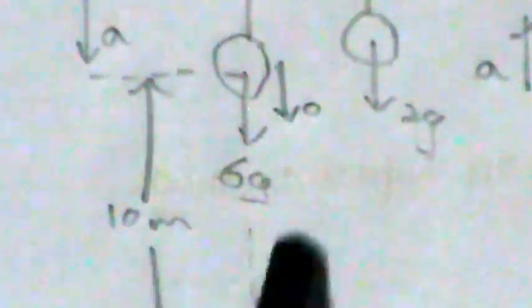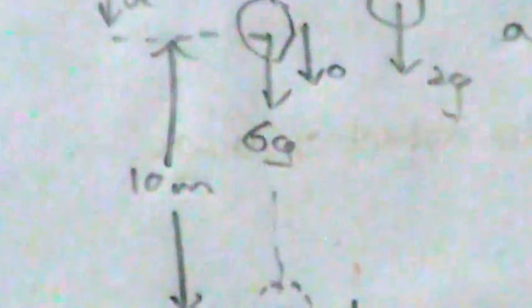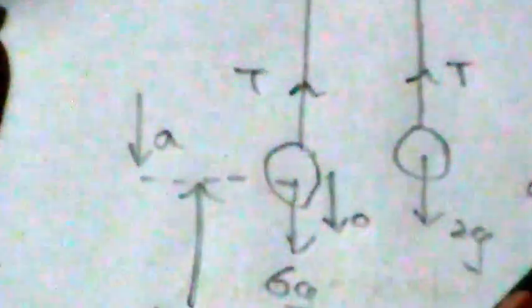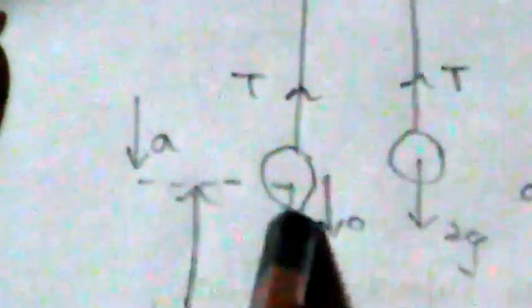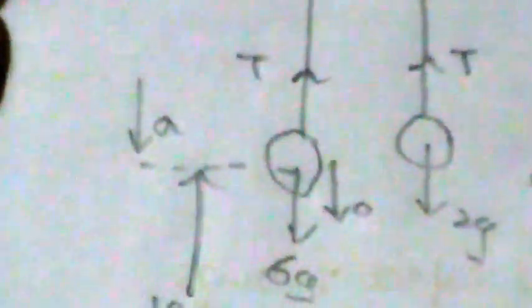Initial velocity here is 0. Here is also 0. What's the final velocity of this object? So the final velocity of this object will be equal to the final velocity of this object, because this goes the same distance and this travels with the same acceleration. Regardless of the mass, the velocity of both these objects should be equal and the acceleration should be equal, the tension they experience is equal and the distance traveled is equal. Only the masses are different.